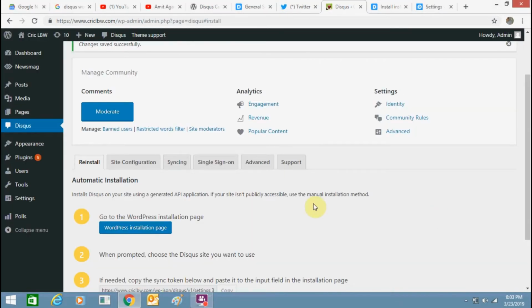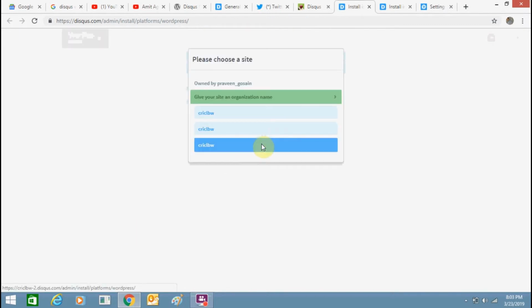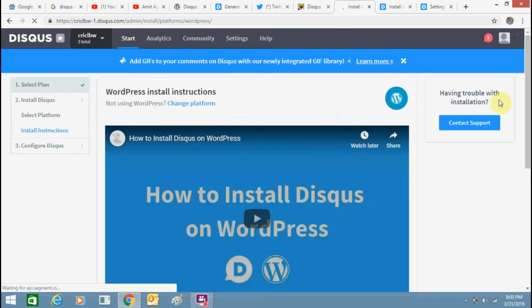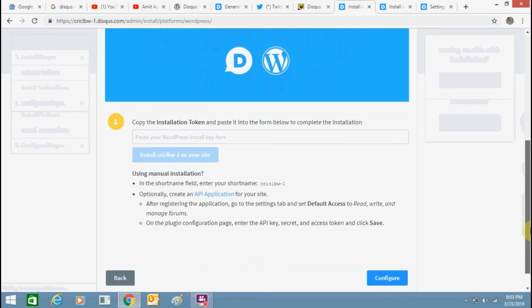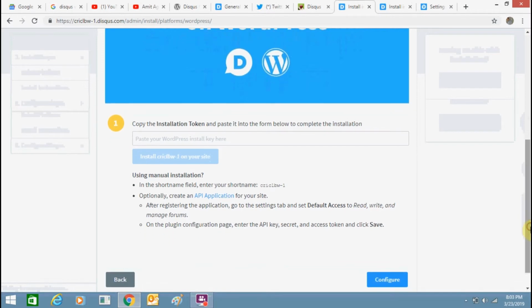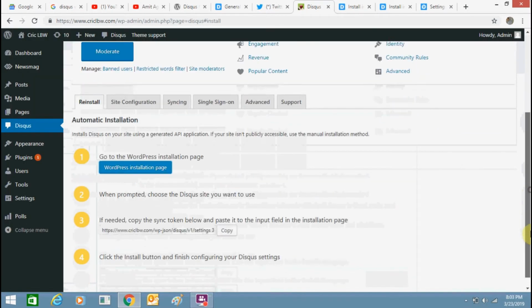In your Disqus plugin, you need to go to reinstall and click here, WordPress installation page. You will be redirected here. Select your site, enter your installation token key and click on OK.